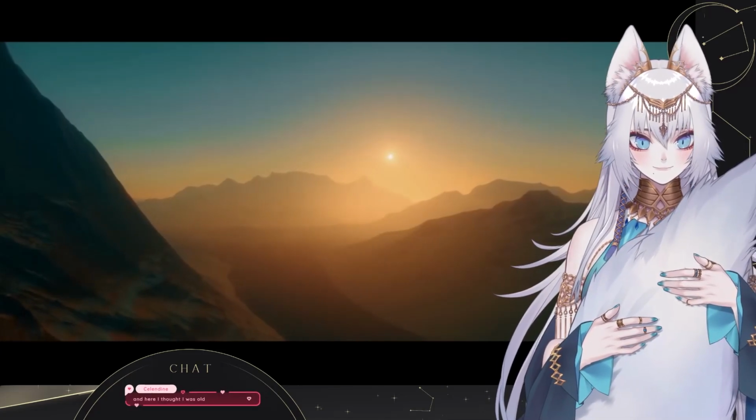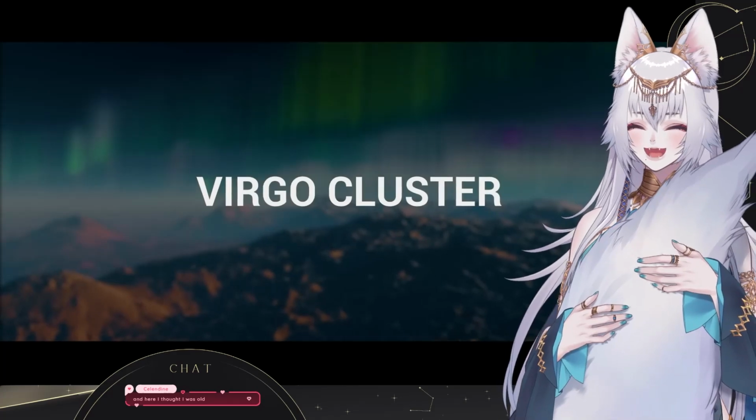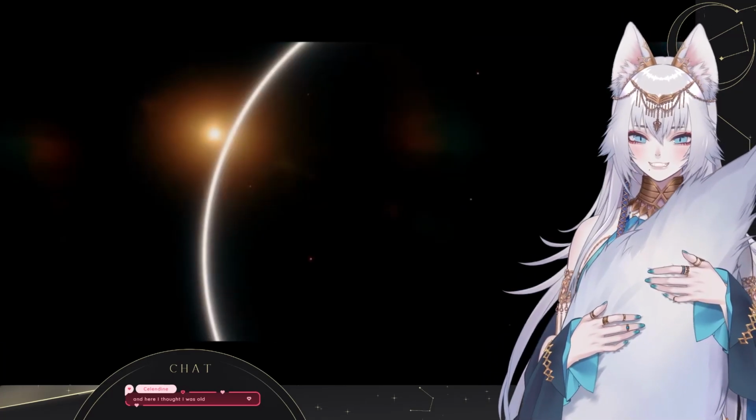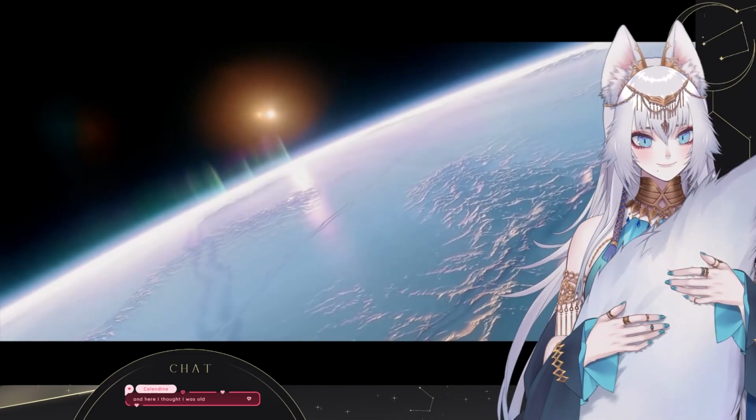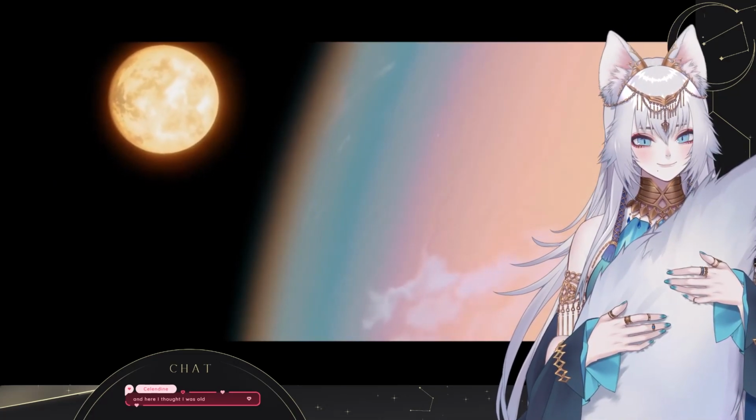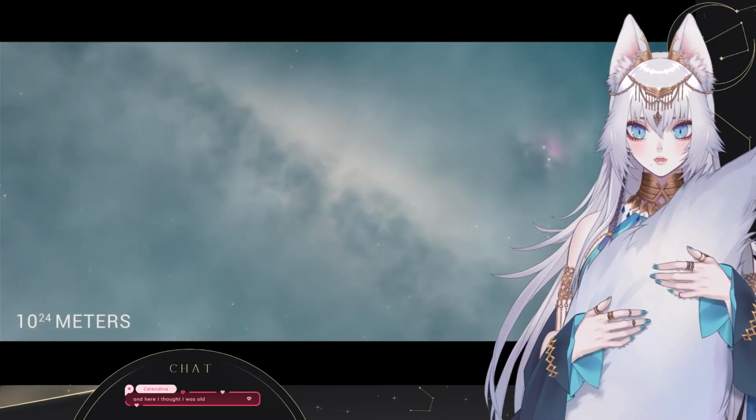The local group is a part of the Virgo cluster, a cluster of galaxies just like the local group, except much larger. Our cluster contains about 1,500 galaxies and is over 15 million light years long. At 10 to the 24 meters away from Earth,